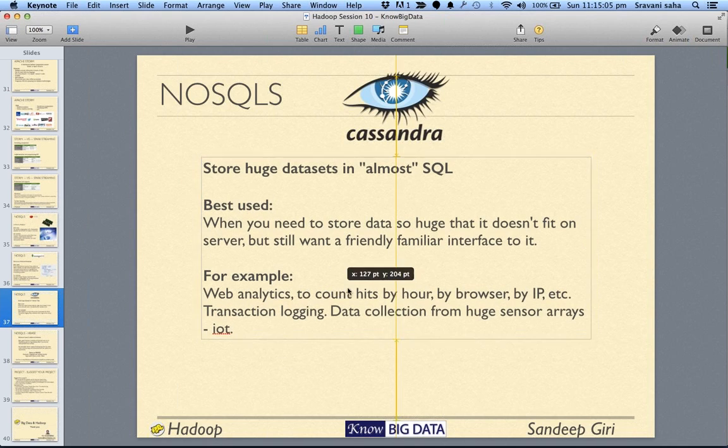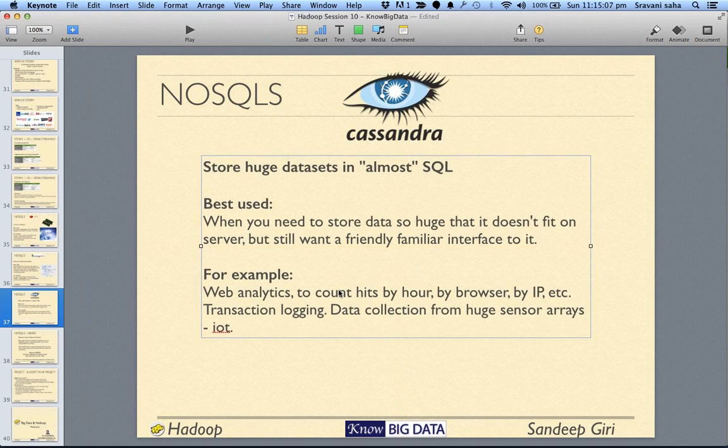Whenever your data does not fit on one machine and you still want a SQL kind of interface, then you go for Cassandra. It provides things like Hector, which is an ORM solution on top of Cassandra, just like Hibernate. And Cassandra also provides you a SQL-like query.